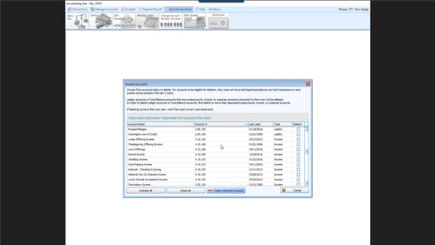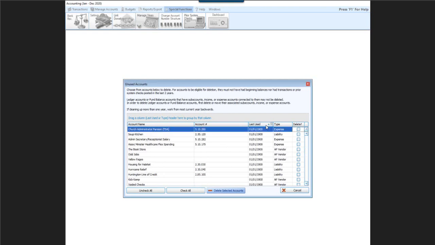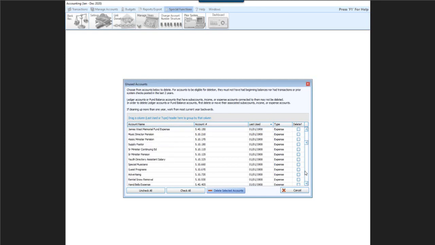So I'm just sharing with you some experience that I have with working with folks who, when I go in and I look at their chart of accounts, I see they've got a 30-page chart of accounts and they're only using 10 of them. Someone hasn't gone in and deleted out these unused accounts that haven't been used. Like in this case, if we click on last used, again, 1900, but then we scroll down and we eventually find accounts that have not been used since 2012. So, again, if those are accounts we're not using, why are we cluttering up our chart of accounts with them?